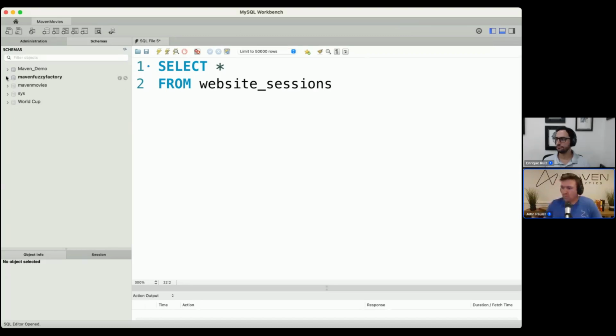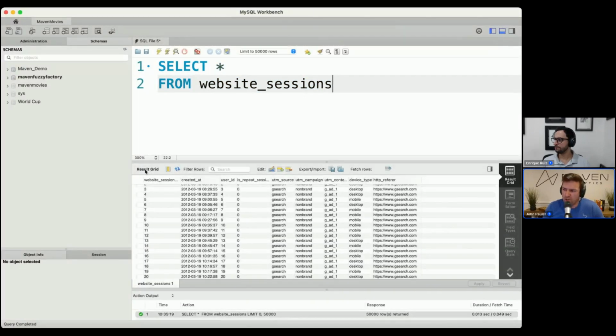So there's a few areas I want to show you. Here we have the window where we're going to write our queries. Once we run a query, you'll see results pop up down here called the result grid. And then this is the action output. People are usually focused on the query editor window and then the result grid, but don't neglect the action output. One of the things that you'll find, especially when you're new, is it's so easy to have little errors in your syntax.